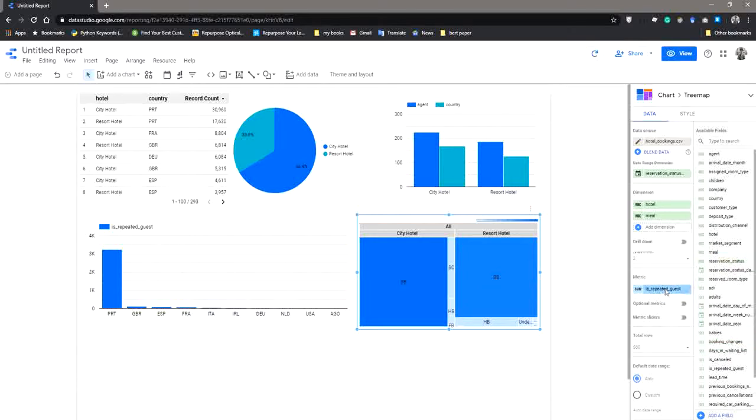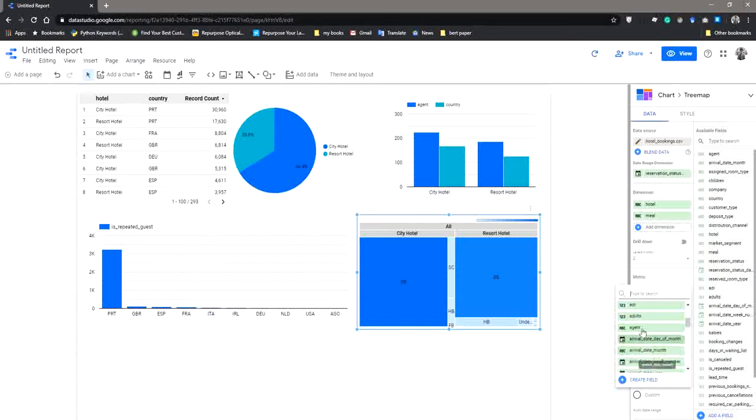Here we will be taking the metric as company. So which company usually gives meals to the city hotel and resort hotel? Which company hotels give these meals?